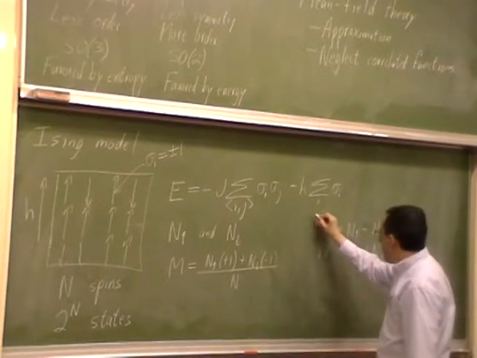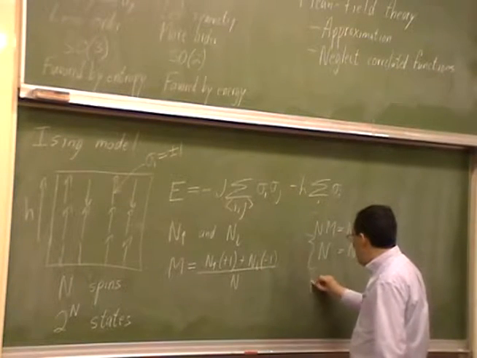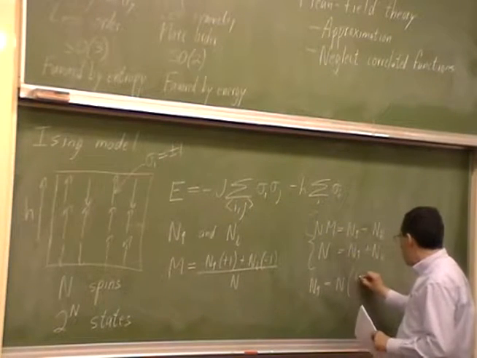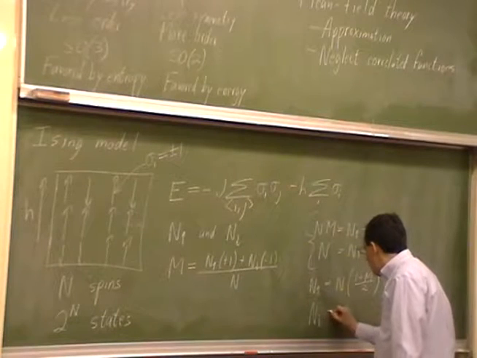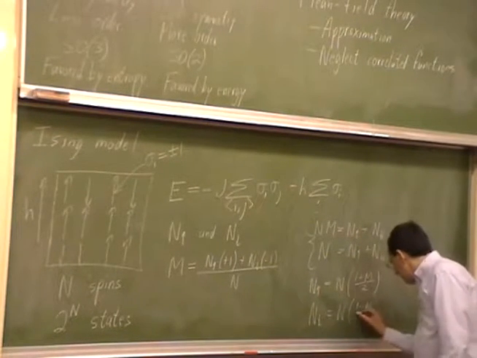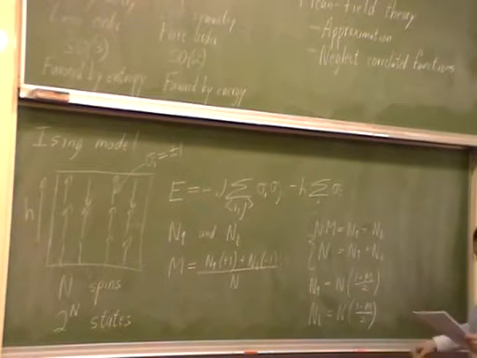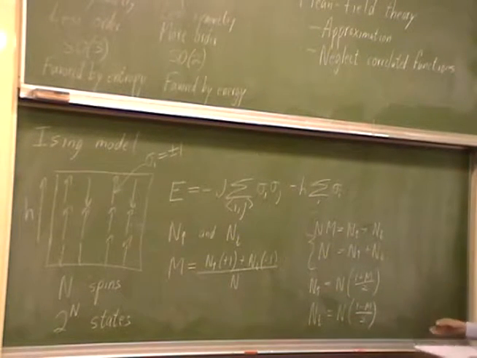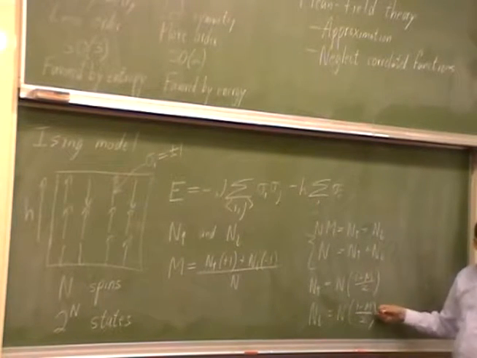So this is two equations and two unknowns, and so that means n up is the total times (1 plus m) over 2, and n down is the total times (1 minus m) over 2. All right? So now I want to know what's the number of states with a particular value of m,